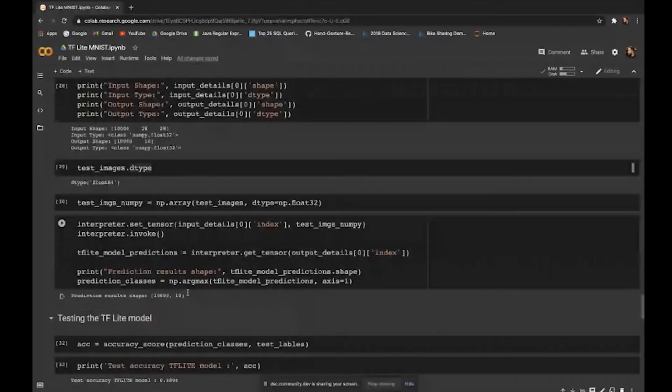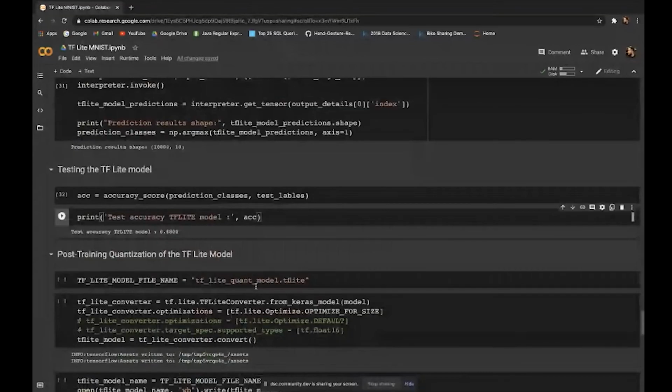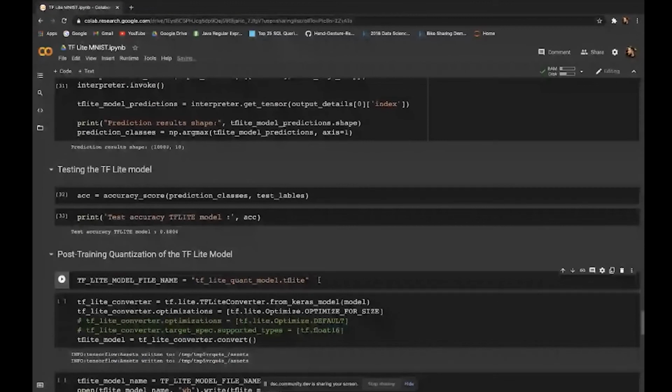Now the most important part comes, that we need to quantize our model. So let's understand what quantization of our models is. In quantization, all your weight values that are represented as float 32 will now be converted into 8-bit integer values. So the model does not lose much accuracy, and your quantized model becomes 4 times lighter than the original model. If I am saying that my model will become 4 times lighter, then my model size was nearly about 400 KB, and it will become 100 KB.